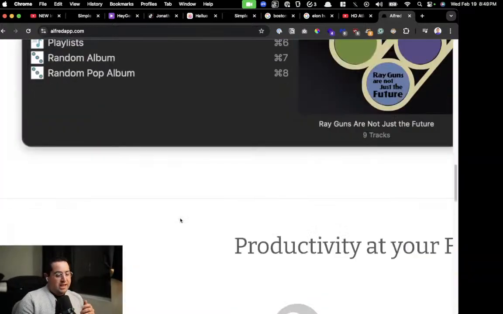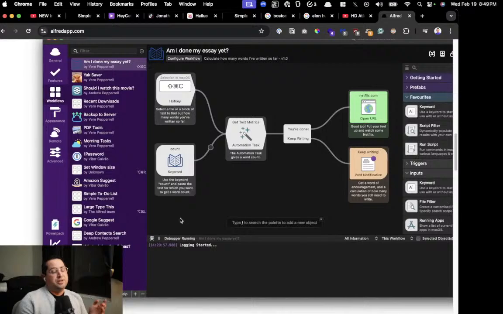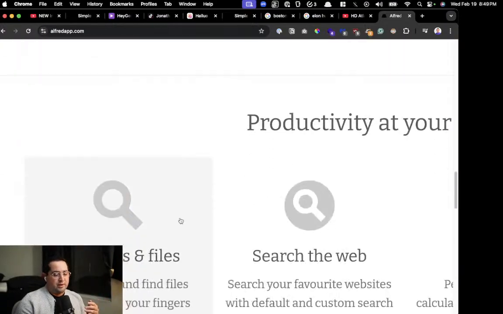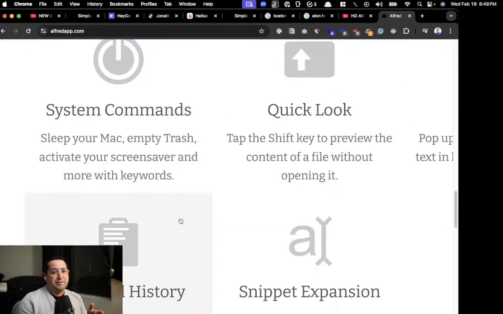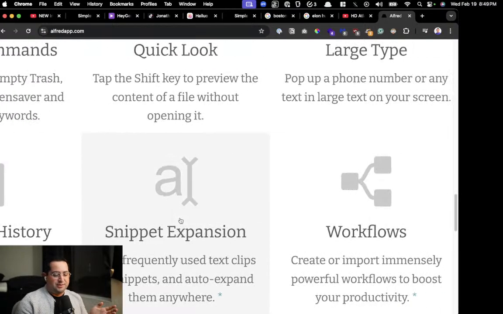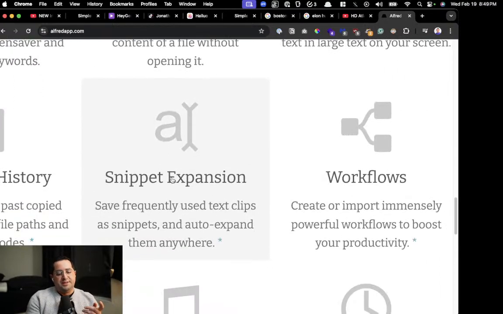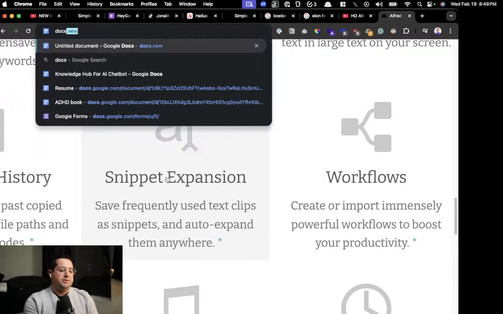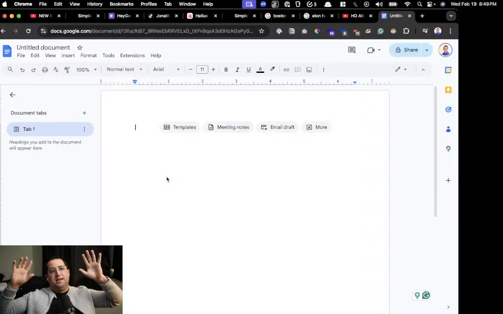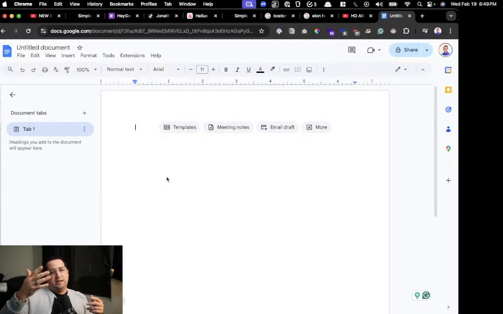And then the other feature, it has a lot of automation features. You could get super nerdy and automate. It's such a time-saving workflow automation. Think of it like make.com, but for Mac. That's a really good way of thinking of it, but it's even easier to use. The other thing is what's called snippets. Snippets is dope. If you don't know, if you type docs.new as your URL and you're logged into Gmail, it'll automatically open a new Google Doc. You could do the same for sheets.new.